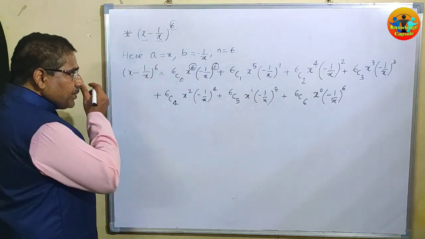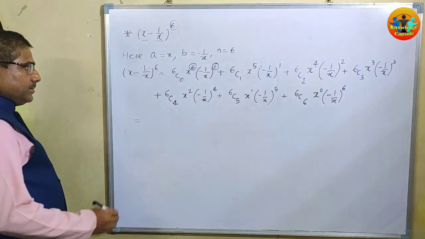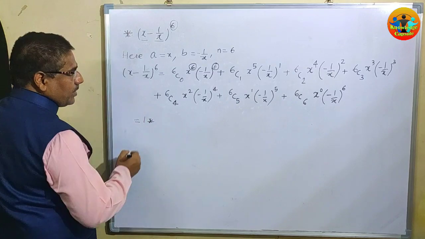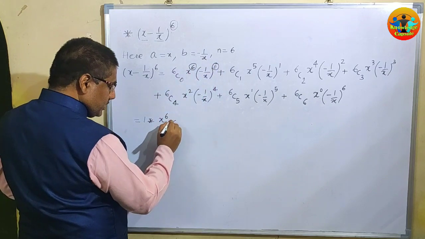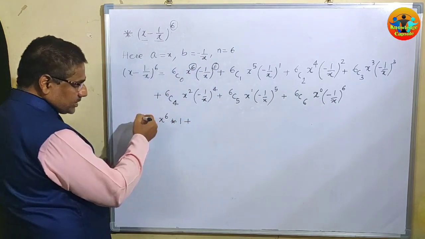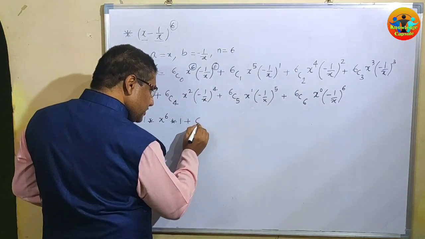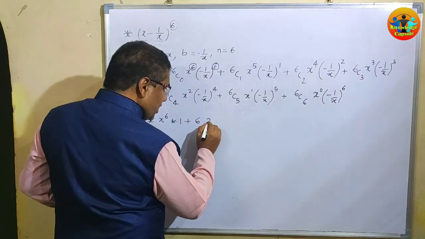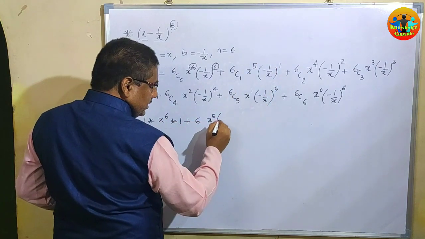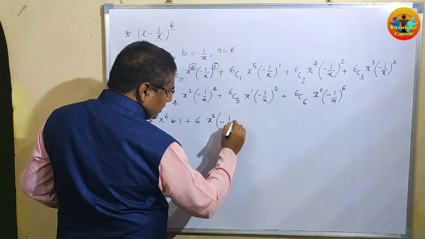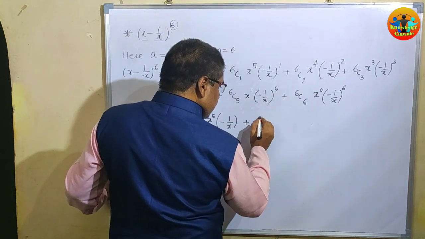Now, as we know, 6C0 is 1 into x raised to 6, and anything raised to 0 is 1. Therefore, the first term will be just x raised to 6 only. 6C1 is 6, x raised to 5. As this power is odd, this will be negative, minus 1 by x, plus factorial 6